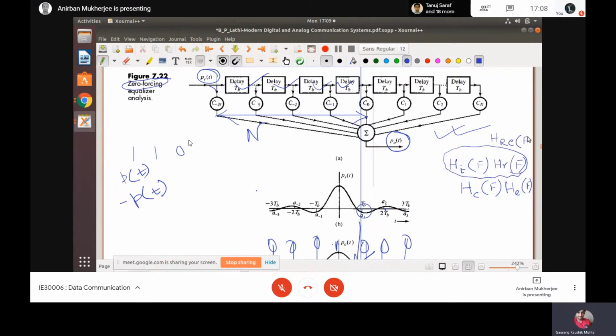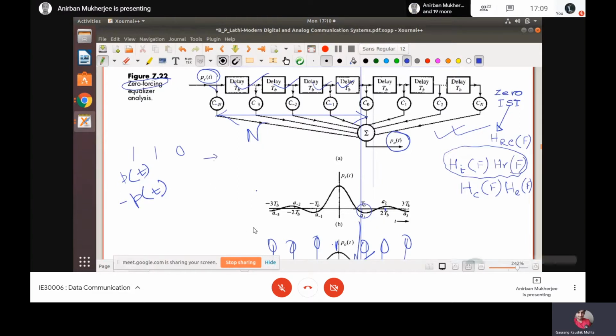If it is the H raised cosine filter, then I don't have any problem. If it is HRCF, why should I try to make it anything else? Then it is zero ISI, zero intersymbol interference. Now you see that means the